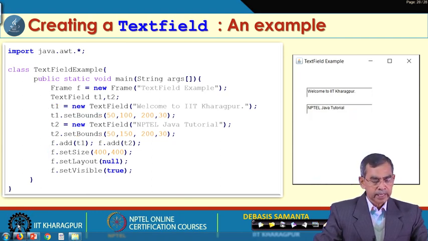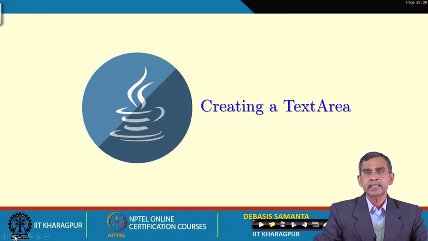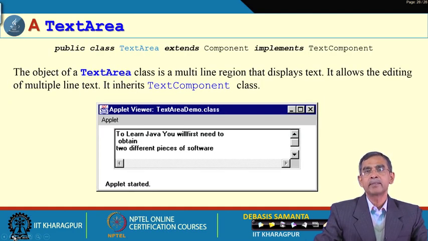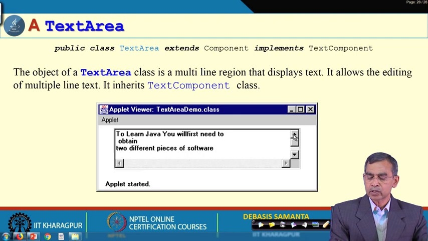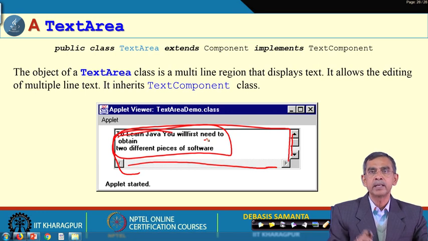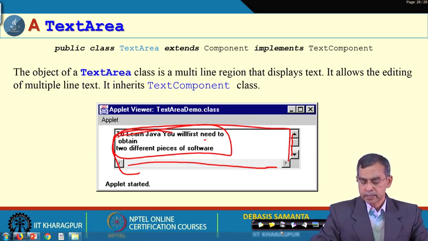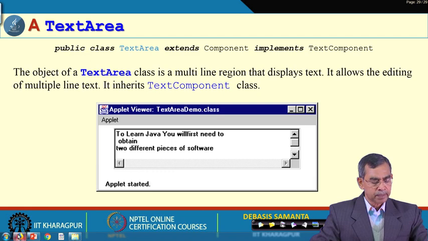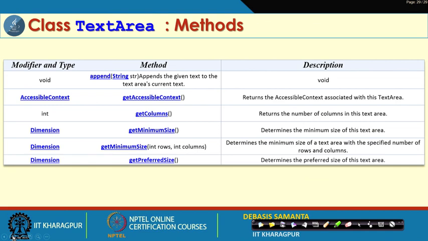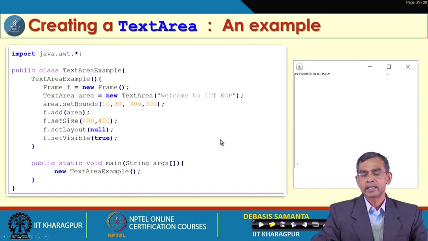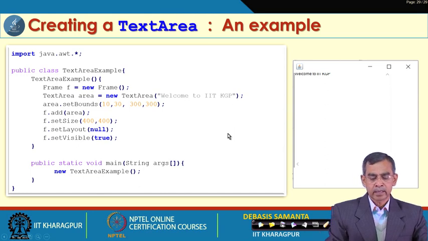So this is the way that a text field can be created, and a text area is just like a text field, but multiple lines of very long text can be used there. Whenever a text area is there, the scroll bar will automatically be there. So you can define everything, and any text can be put in and displayed. For creating the text area, there is a class defined in Component called TextArea. It has the constructors as listed here, a few methods are also here, and this is an example by which a text area can be displayed.